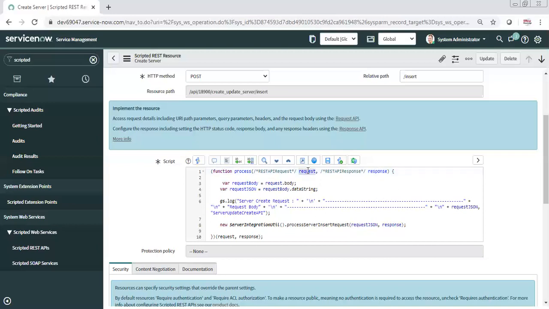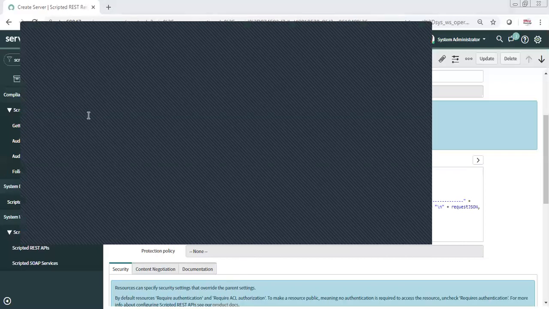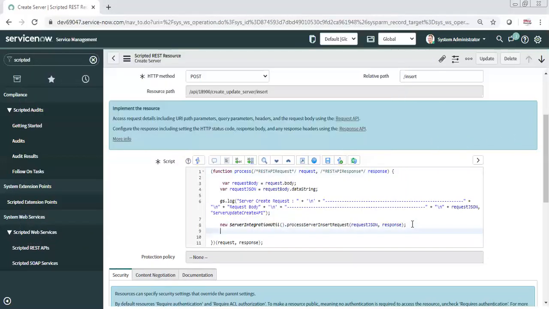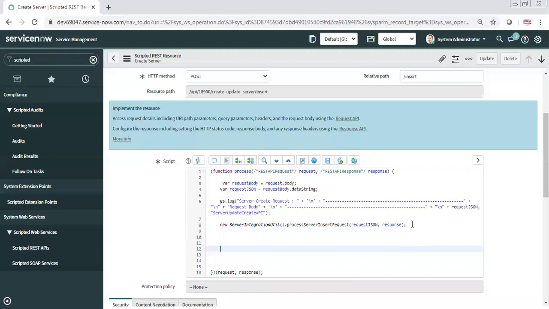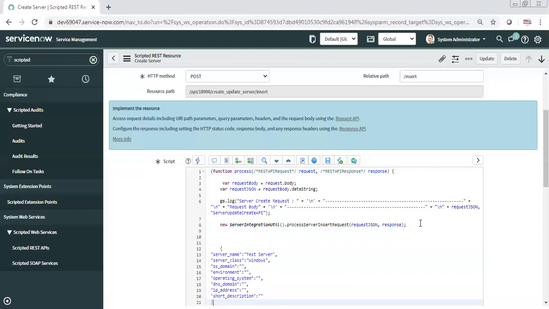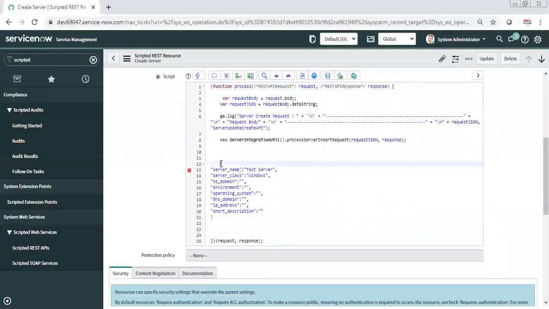Now, the request is something you will share as JSON as well with them. Always when you share the endpoint, you share the JSON as well. So you first have to design your JSON, like what you want them to send. For this API, I want them to send the name of the server in a key called server name, and this could be any value which they send.